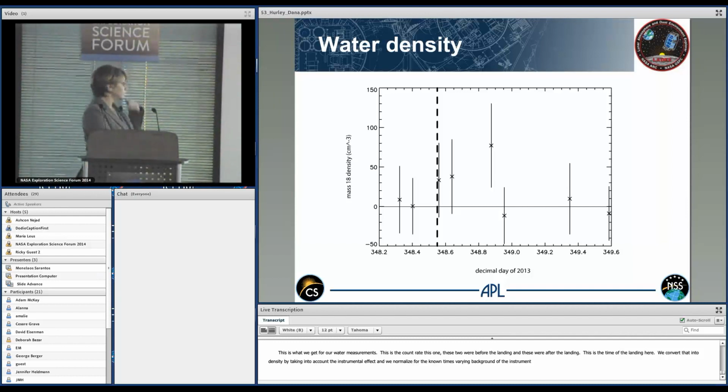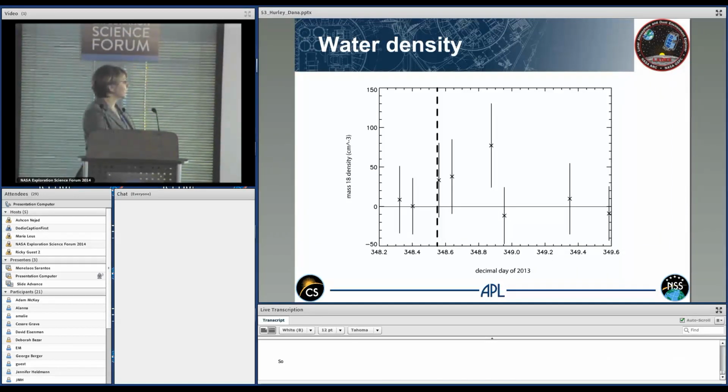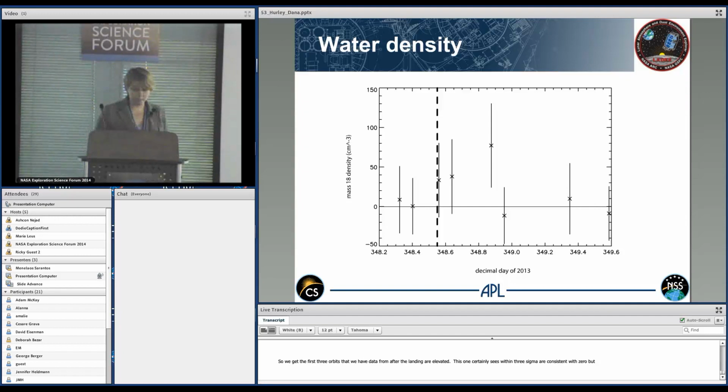So we get the first 3 orbits that we have data from after the landing are elevated. This one certainly. These within 3 sigma are consistent with 0, but we do believe that that is water from